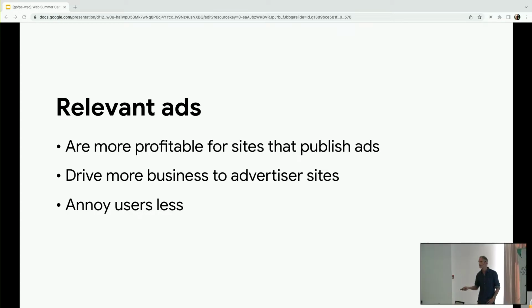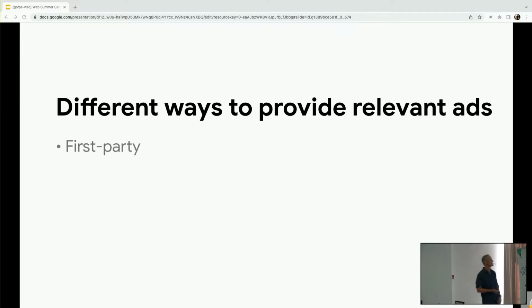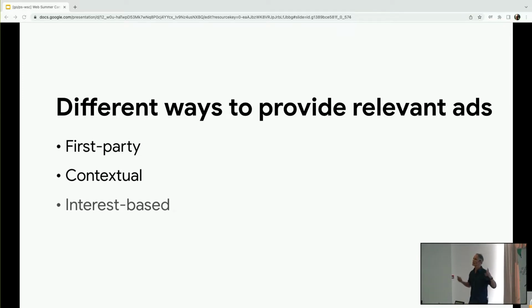They drive more business to the advertiser sites, and in all our research, they're less annoying to users. There are different ways to do this. There is not one way to provide relevant ads, and one of the core principles behind the Privacy Sandbox is that we're providing signals that can be used in combination with everything else in order to provide ads that work well for businesses and for users.